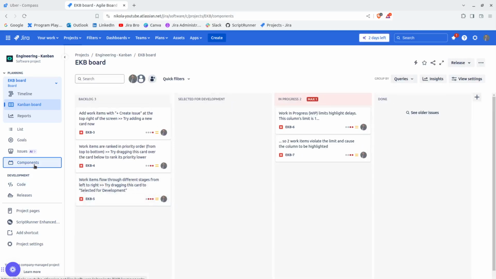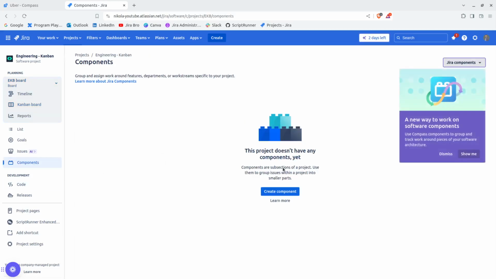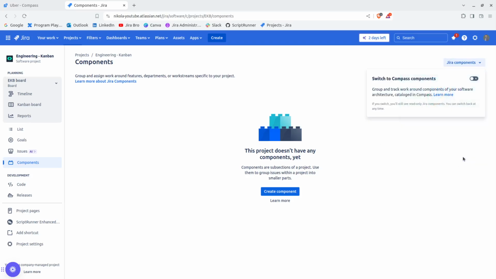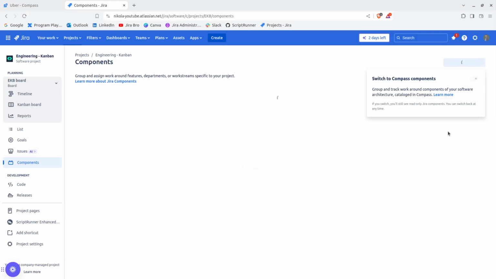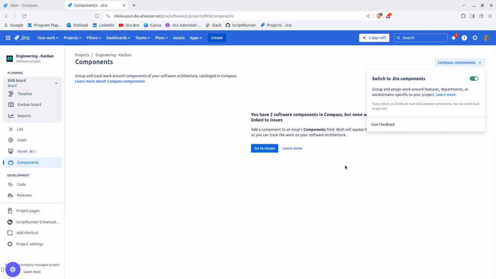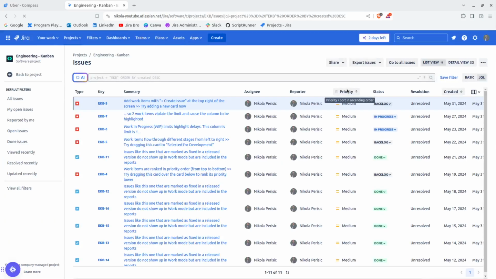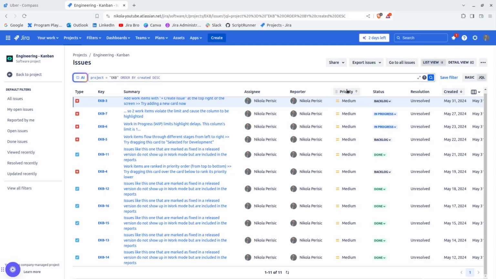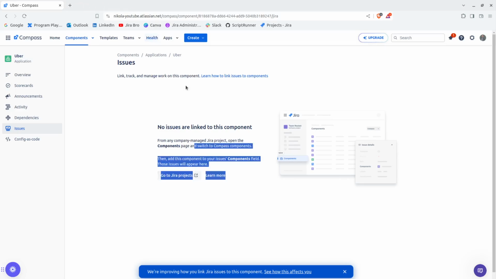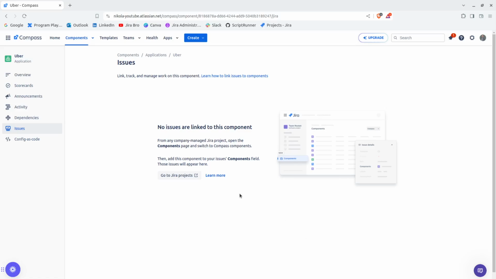So that means if I go here for the engineering, and I go to Jira components, switch to Compass components. And now you have two software components, but none of them are actually linked to issues. Right. And it's not really saying much. Alright. So you're switching to the Compass components,